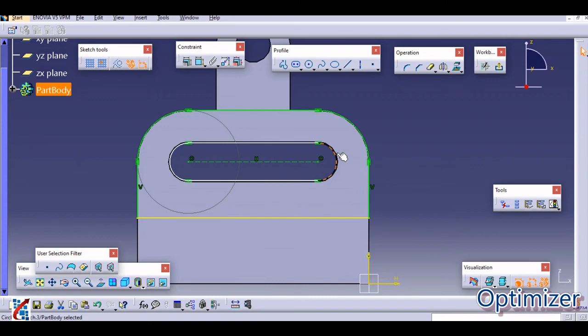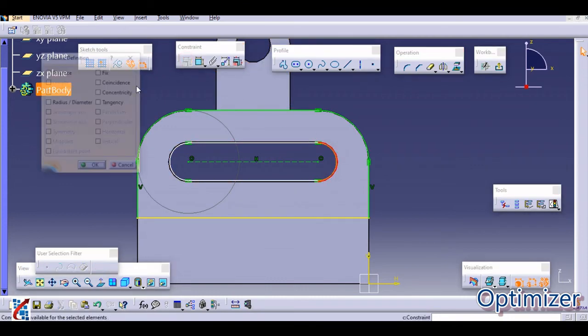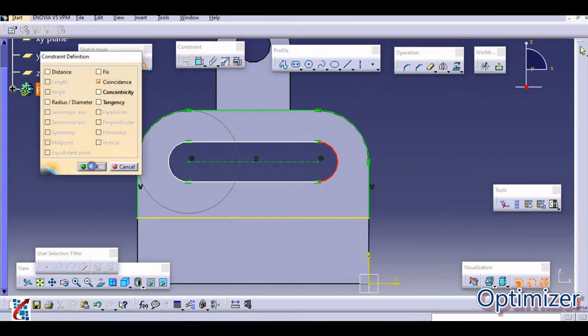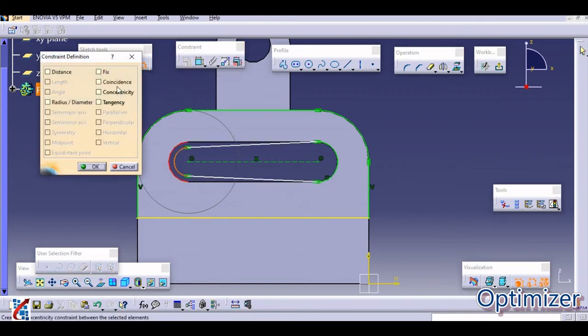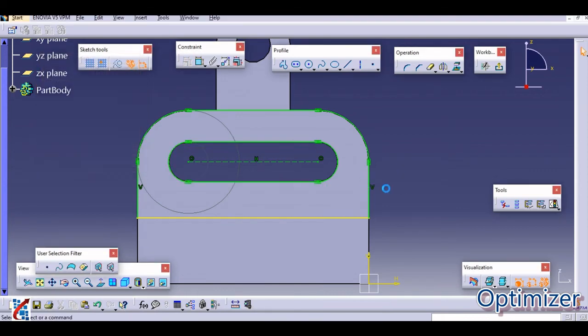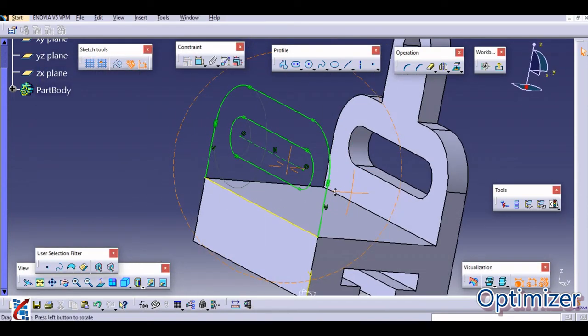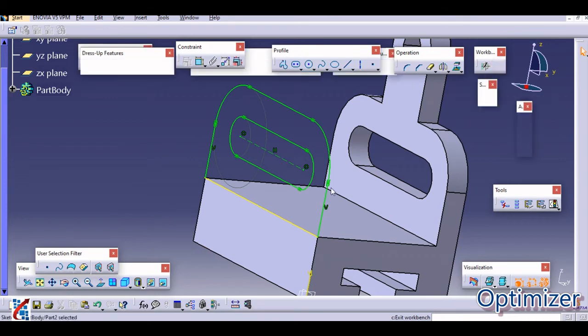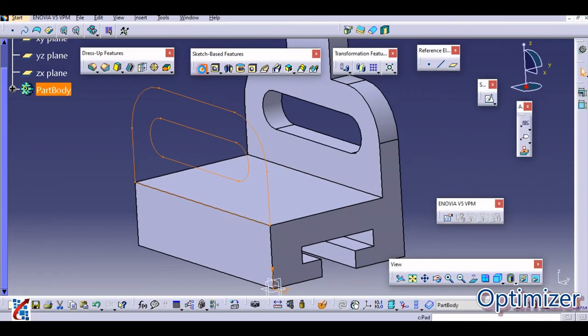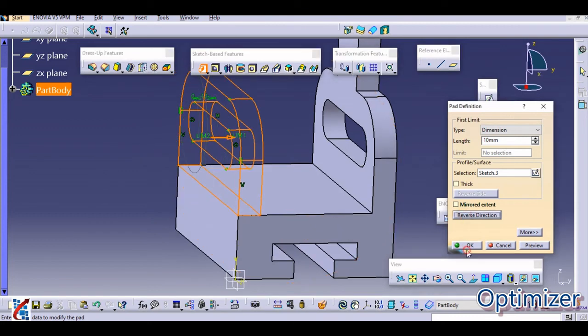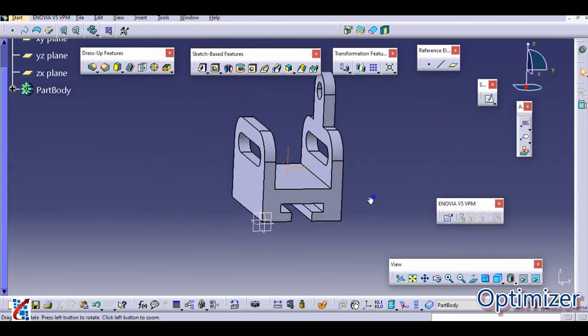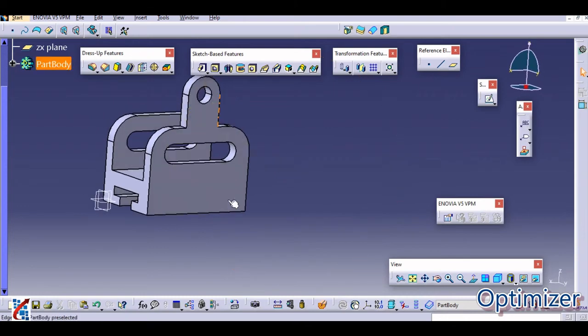Also this circle and this edge you can make coincident, and also this and this. Now just see, again the sketch is fully constrained. So exit workbench and just pad it by 10 mm, reverse direction, just click on OK.